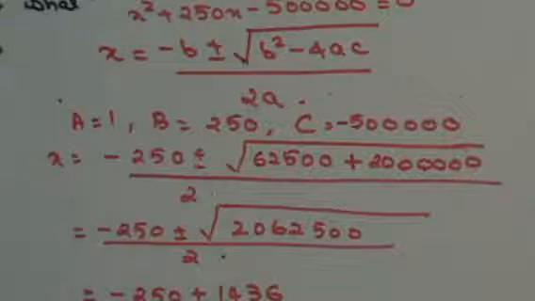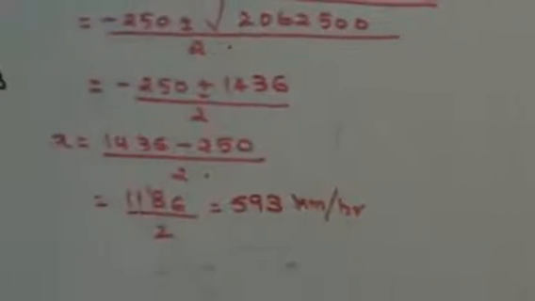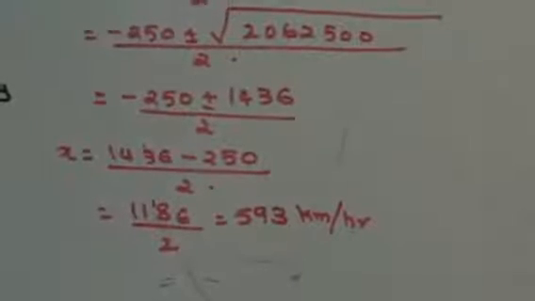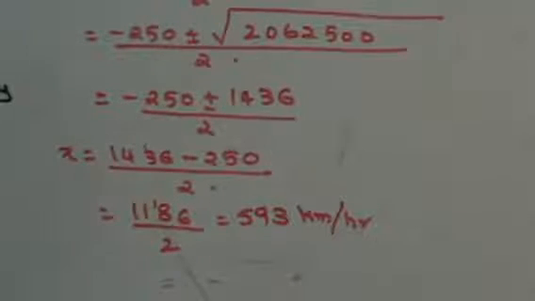So in that case, this is going to be now. I can say x, we know that it cannot be negative. My initial speed cannot be negative, so it will be 1436 minus 250 upon 2, right? So this is 1186 upon 2, which is going to be 593. So original speed was 593 kilometers per hour. Nice sum. Next, so now you know that if you don't get the answer with the help of factors, this is how you have to do. Right? Next, let's move on to the next sum, guys.